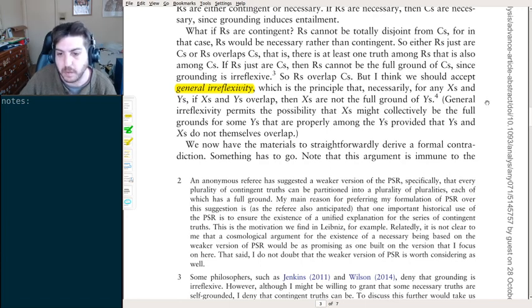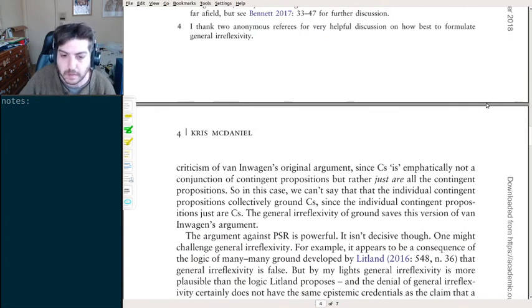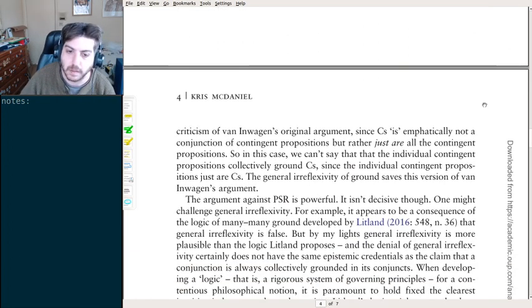Something has to go. Know that this argument is immune to the criticism of Van Inwagen's original argument, since C's is emphatically not a conjunction of contingent propositions, but rather just are all the contingent propositions. Yeah, so you've got a plurality, it's not a single conjunction. So in this case, we can't say that